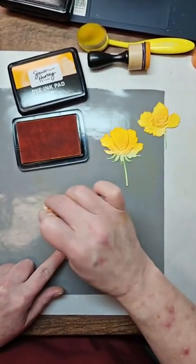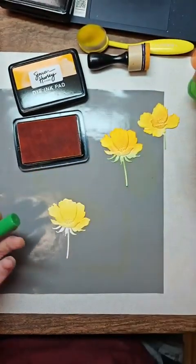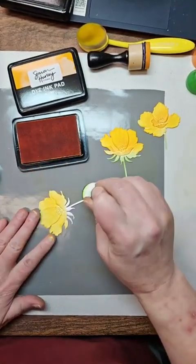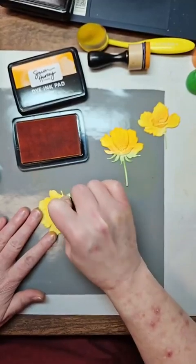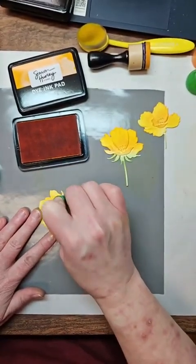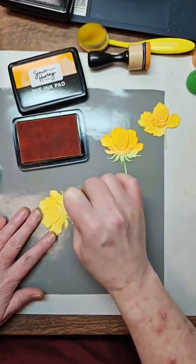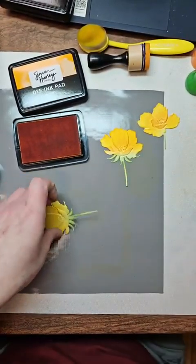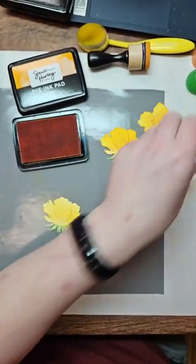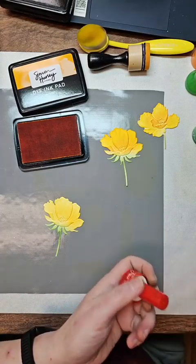And then I took my green pouncer, which had leftover ink in it, and I just kind of took it so that it added just a little bit of ink down here. Now, look at that, you guys. With the pouncers, that is how fast it is to get some color on these. So then I took,